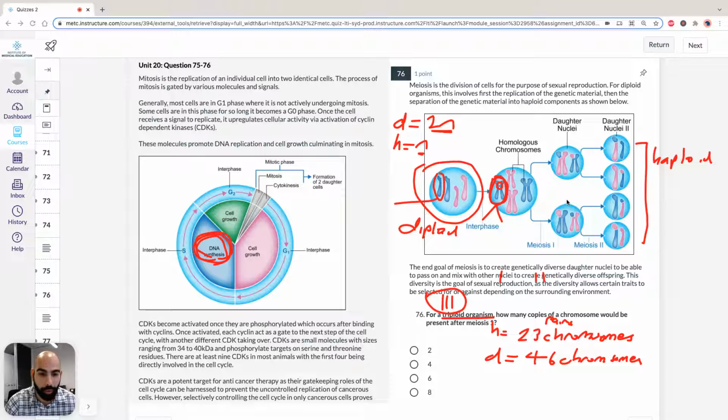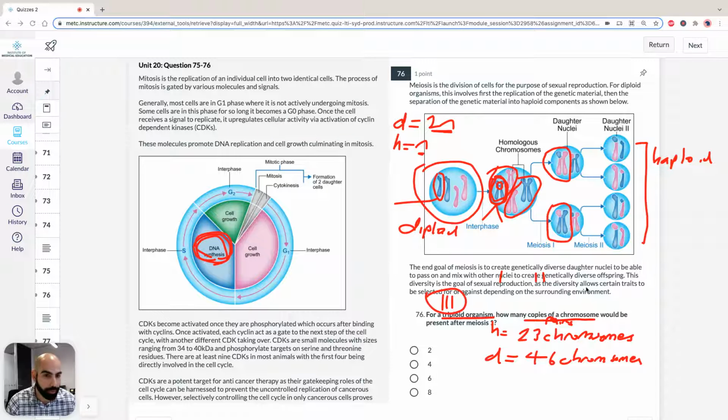So it's in a diploid organism. What we see is that, if we're still focusing on 1 gene, so let's just say this is 1 gene, that's another gene. Let's just focus on 1 gene. Remember, 1 from your mother, 1 from your father. So what we have here is 2 chromosomes, but because they're made up of chromatids, we have 1, 2, 3, 4. So we have 4 copies of our chromosomes. So that means we have 4 chromatids, so 4 copies of the chromosomes, even though you see here 2 chromosomes. So it's important to note. So when they're saying copies of chromosome, it's how many chromatids. So that's a diploid organism.